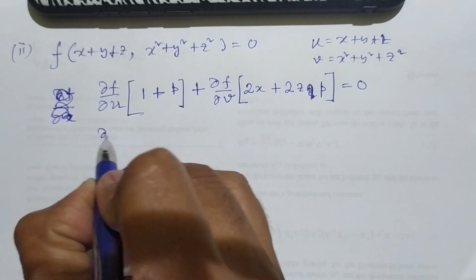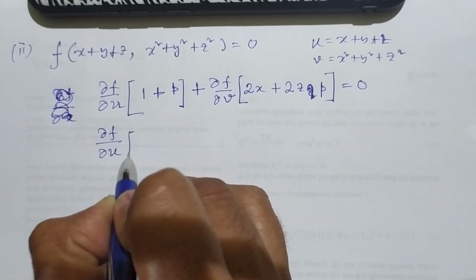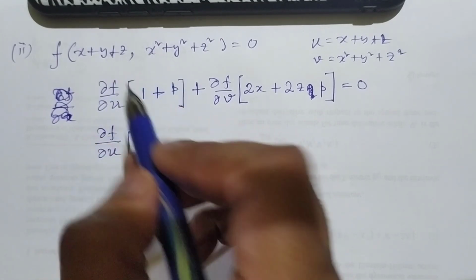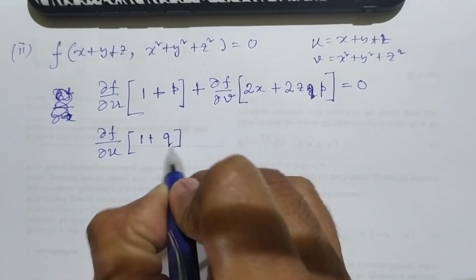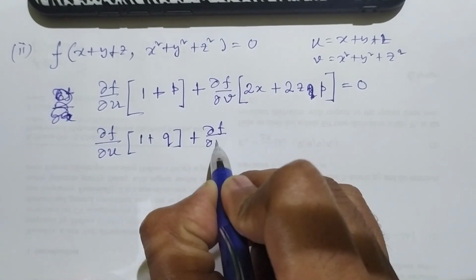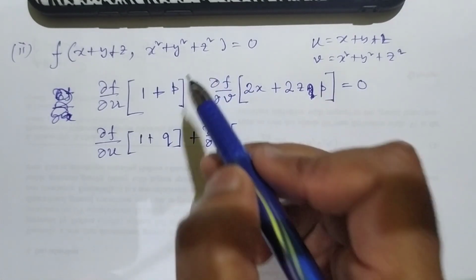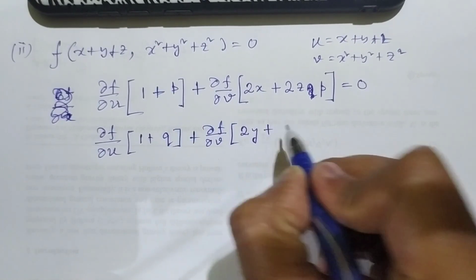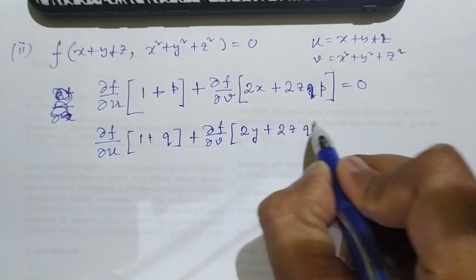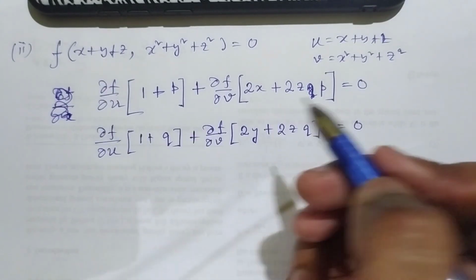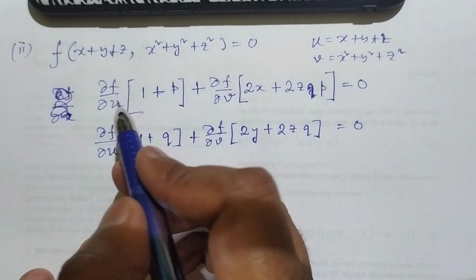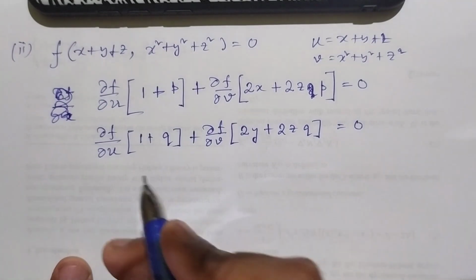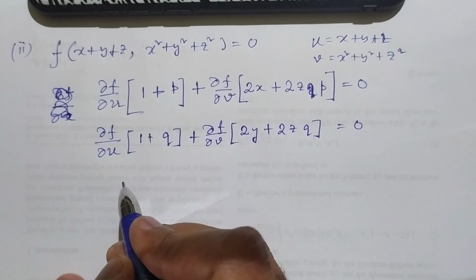On a similar line we can find del f del u. Now this will be del u del y and that is equal to 1, and del u del z that is equal to 1 as well, multiplied with q, and del f del v, again now the second term will be differentiated by y, so the first term will be 2y and this will be 2z, q is equal to 0. And now just by the solution, I mean if we want to eliminate del f del u and del f del v, then we can find them as